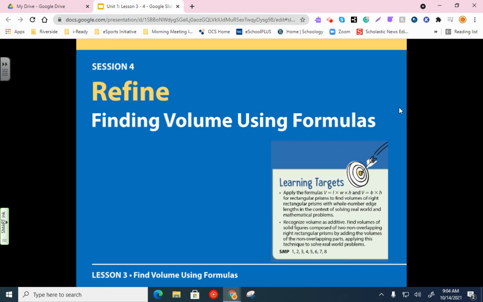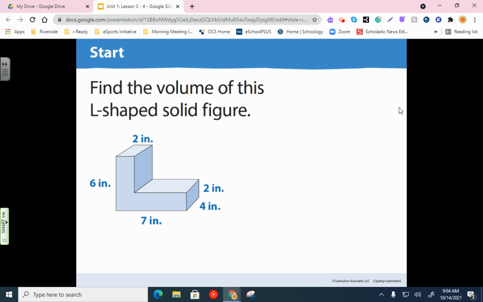All right, so today we're doing session 4, the refine portion of lesson 3. And for the refine sessions, it's more of a review of everything we've learned up until now. So we'll jump right into the warm up, which is a review of yesterday where we were given composite figures like this, and then we turn it into a left-hand side or right-hand side or upper or lower portion